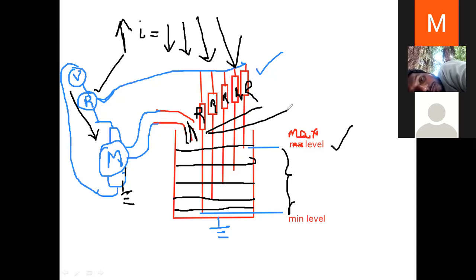The principle involved here is change in resistance. So I can control or measure the liquid level in the tank by varying the resistances. So this transducer uses the resistive principle, change in resistance, to control liquid level. So this is a resistive transducer.